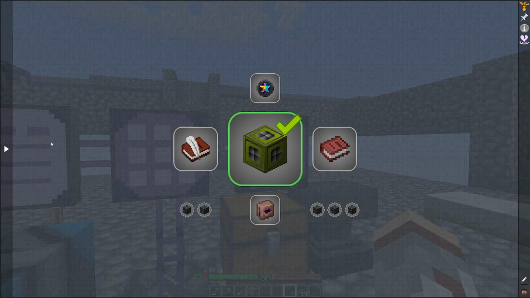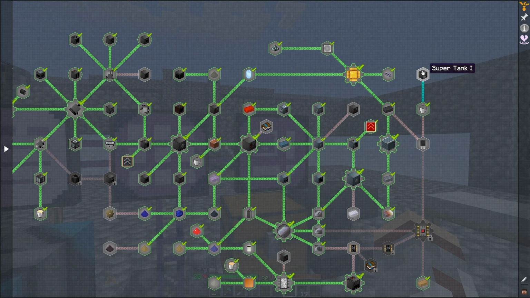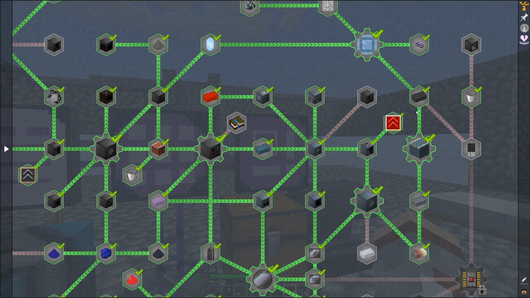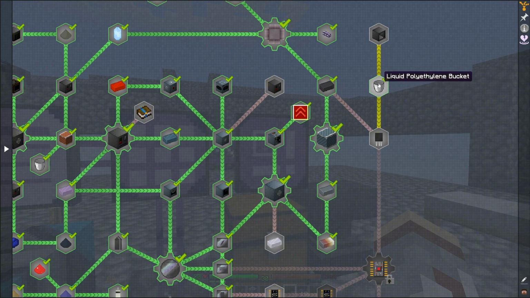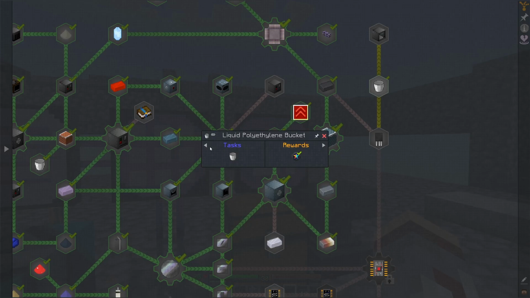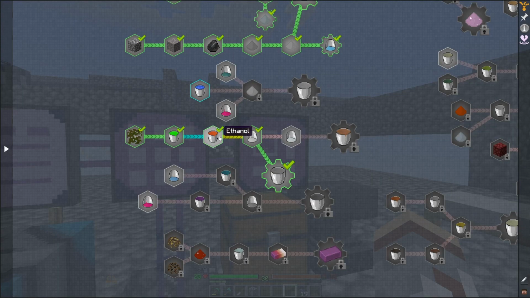Now let's look at that quest book for a moment. So I ended up just going into admin mode and completed this quest and another quest because I had the materials, it just wasn't completing, and it wasn't clear why it wasn't completing. If I look here and I go to the ethylene quest, these quests were not completing, so I just fixed it. Anyway,